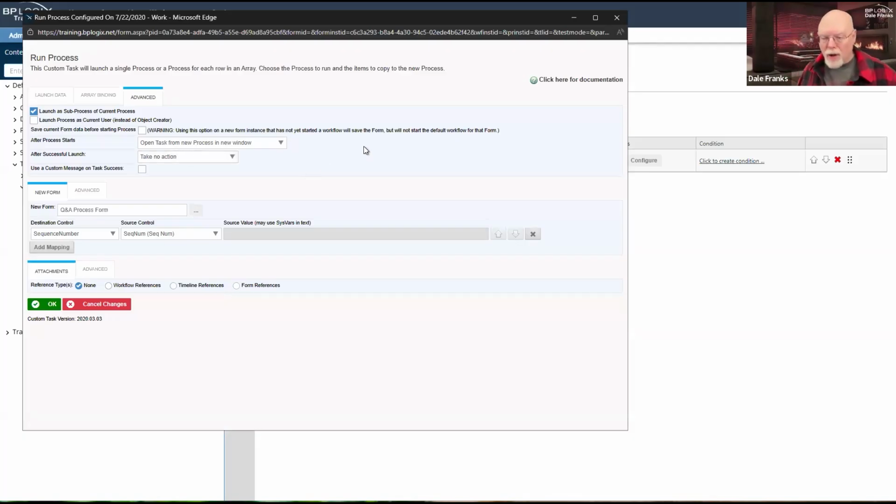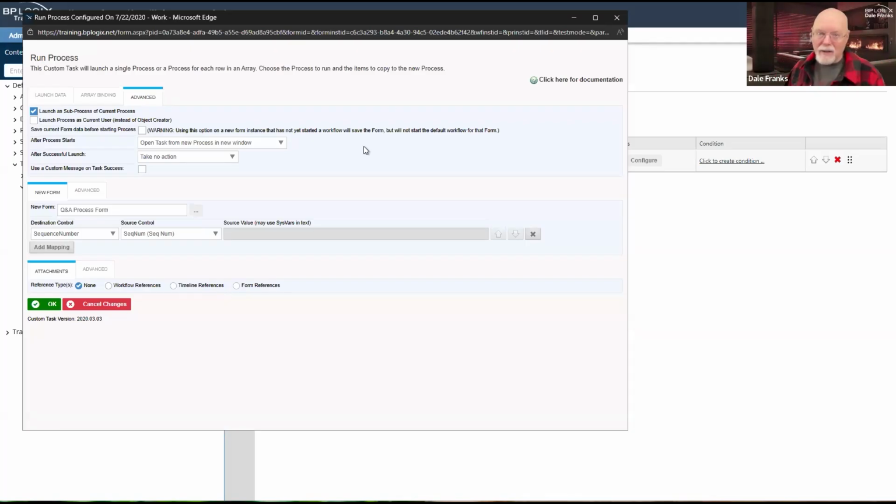Now, I don't have it on the main form for this example, but the thing about sub-processes is that when I start playing around with routing slips, and I place a routing slip on my main form, I have the option to track not only the main process, but any associated sub-processes.